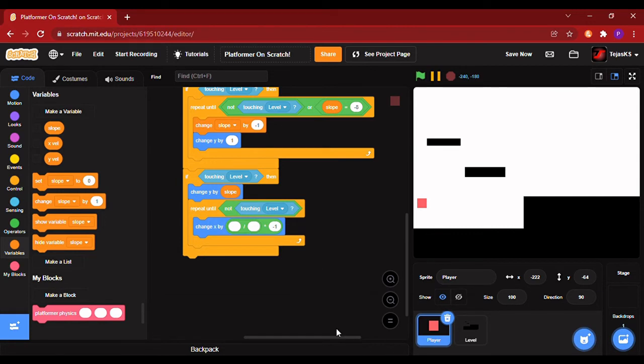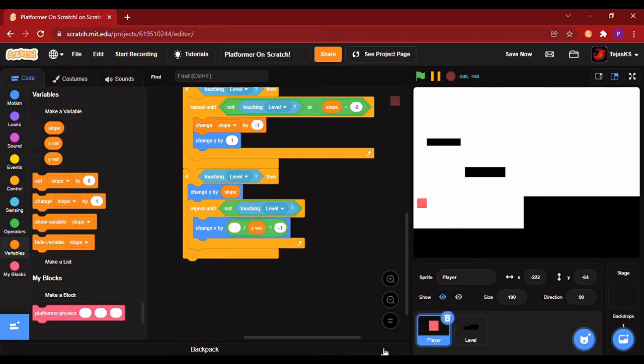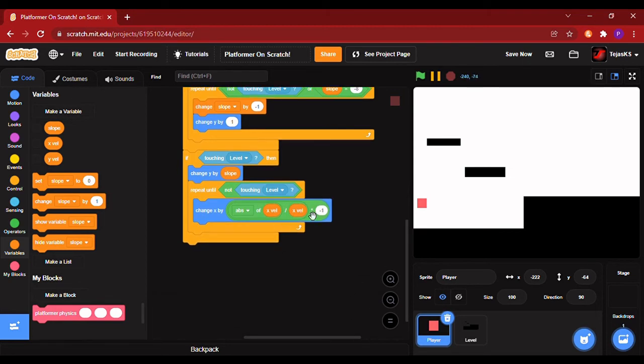And in this put x velocity, and in the first one put abs of x vel. Abs means absolute value. So over here we will put absolute value of x velocity. So this was a thick code. So check it again.